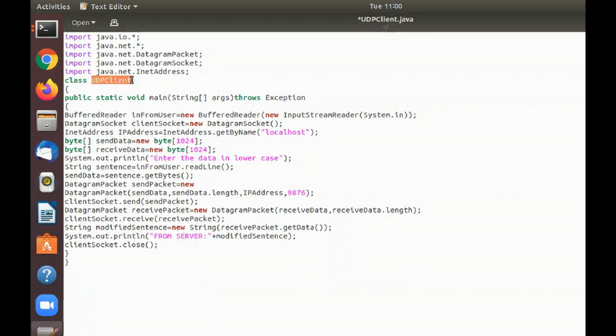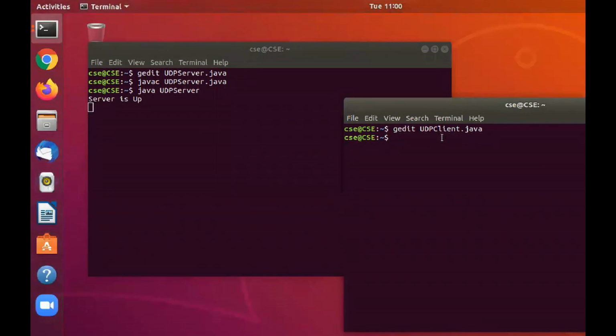So the class name is udp client, because I have given the same file name. So it should be the same, right? In Java your file name and the class name should be the same, only then it will run. Clear? So let me compile it. javac udp client.java, compilation successful.